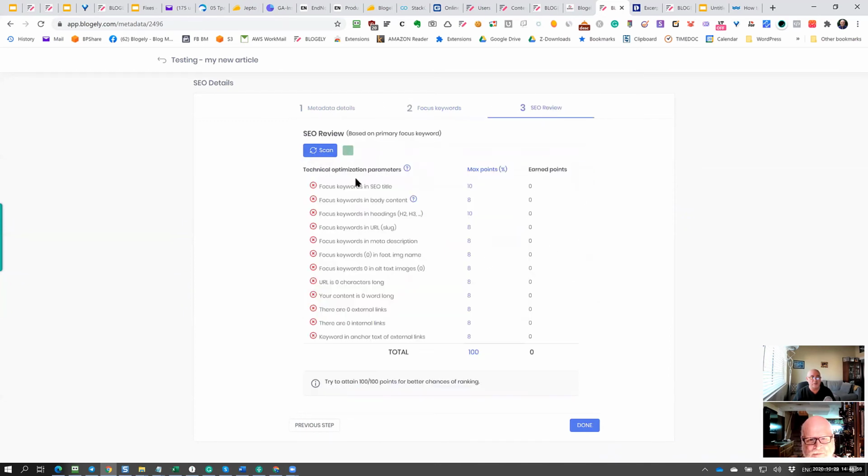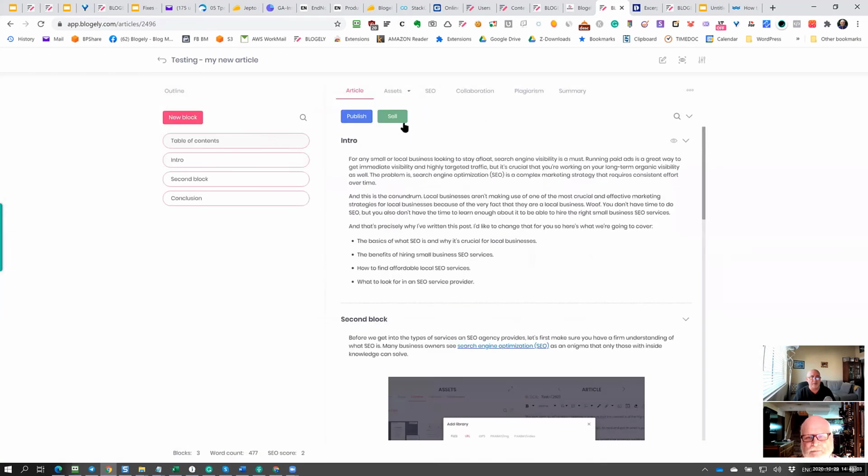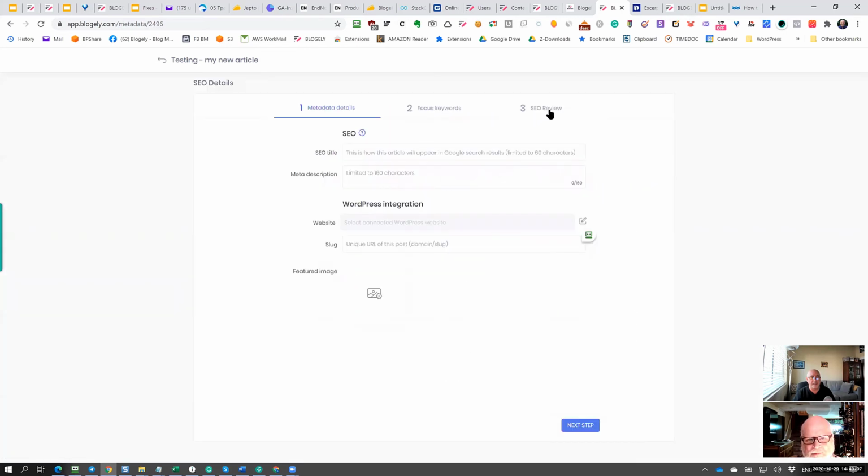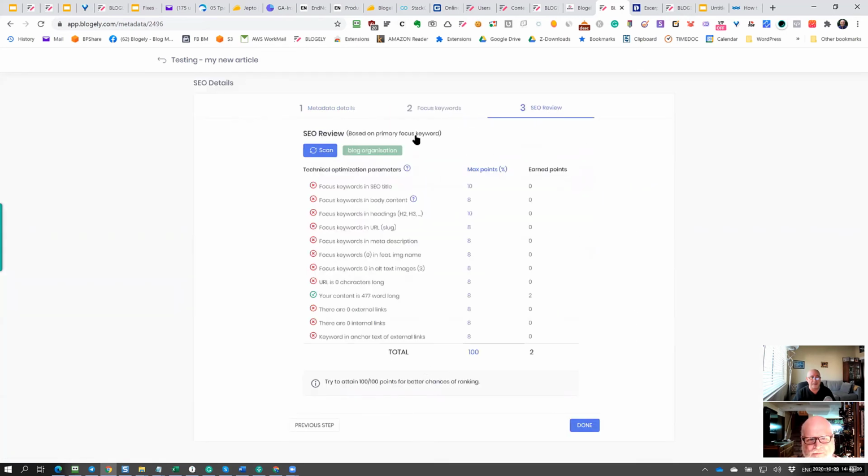Now your job in the next phase is to scan it for SEO. So right now, if I go to SEO optimize and go to the last third tab, you can see all the technical parameters that are needed. We have a special video for optimization. You can optimize any article in a matter of 4-5 minutes, and you can focus on the SEO title and the body content. Just go step by step.